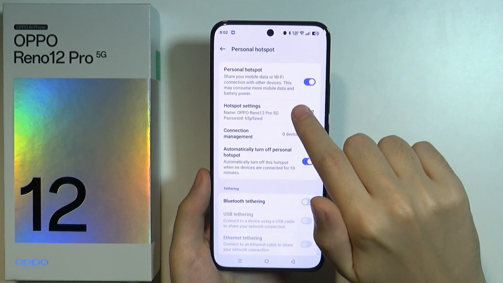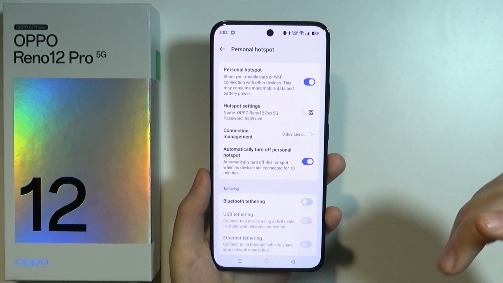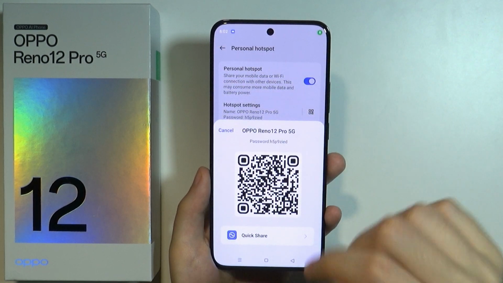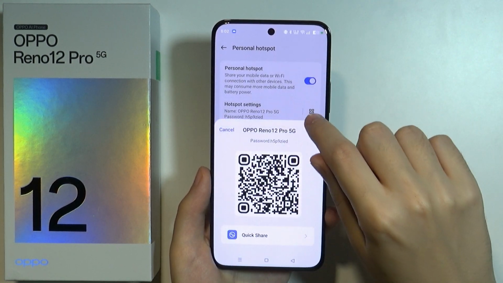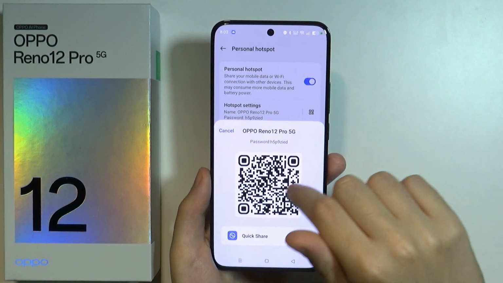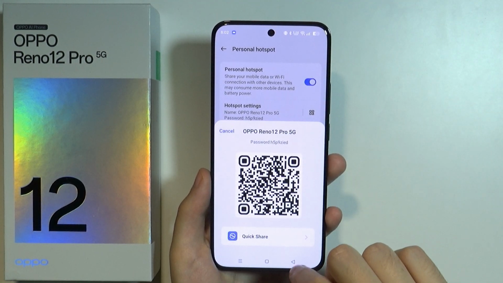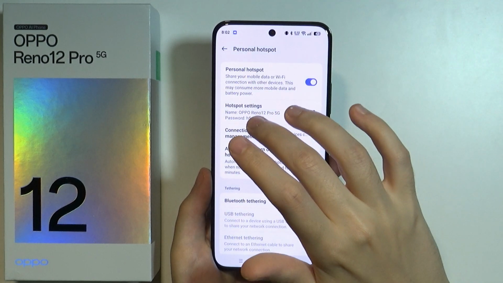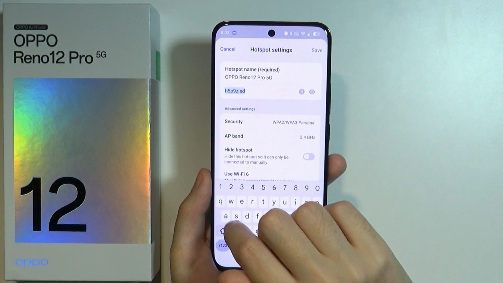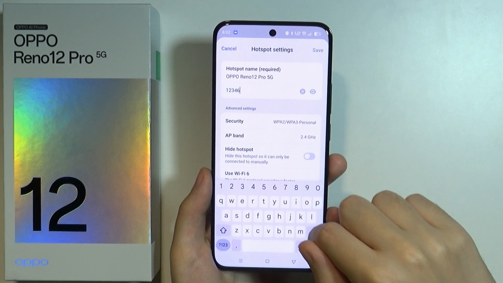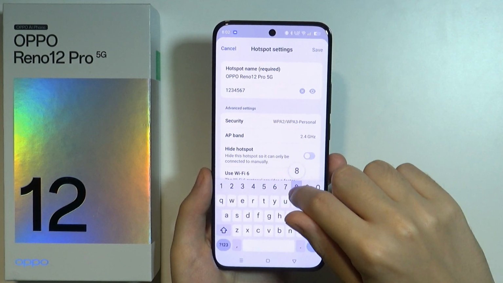And if your friend has issues with joining or connecting to your hotspot, you can try to use the QR code that can be generated by pressing this QR code over here. And then you can try to share the QR code, let the other device scan in order to try to connect with the hotspot. Or you can also try setting up an easy password that is easy to enter,